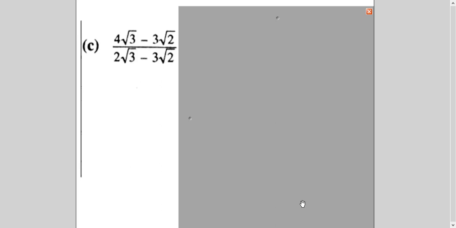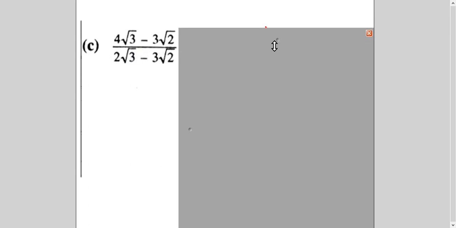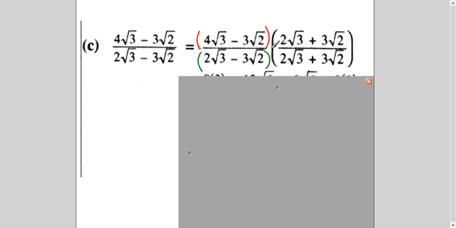Now let's see this example. I want to simplify it. I see a surd in the denominator. So the first thing which will come to my mind is what? The conjugate of it, the conjugate of the denominator, right? So now it will become this. This looks complicated, but actually it is not. The conjugate of this is the same but with a plus sign. You can notice here. Now look at the denominator, this one and this one.